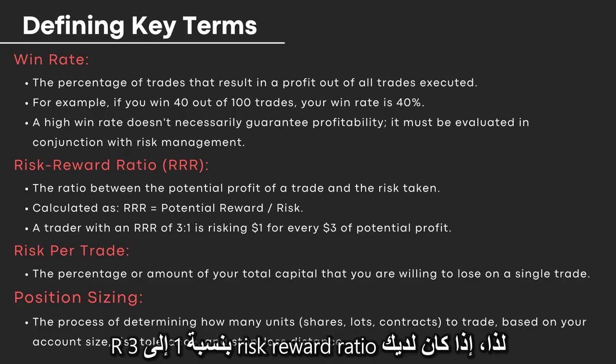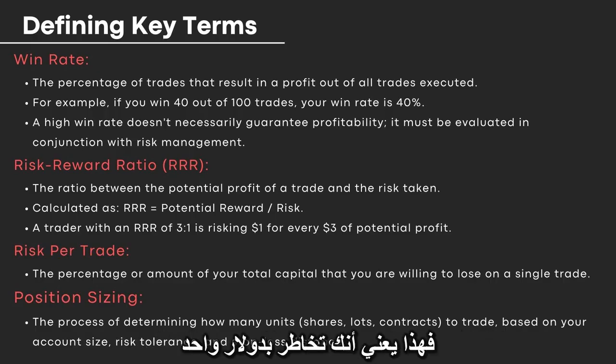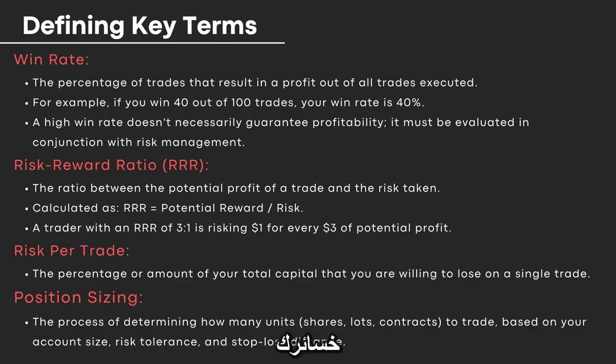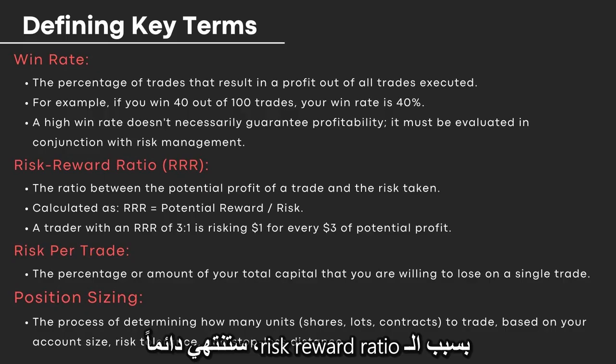So if you've got a risk to reward ratio of 1 to 3R, that means that you are risking $1 for the chance to make $3. And the key here is to make sure that your winners are bigger than your losers, or your winning trades are making more profit than your losing trades. Even if you don't win every time, due to the risk to reward ratio, you'll always end up being on top